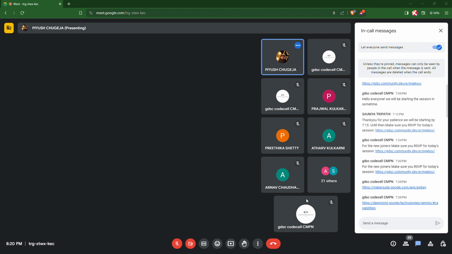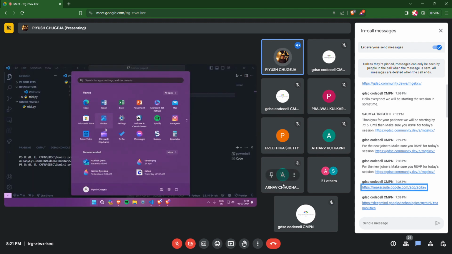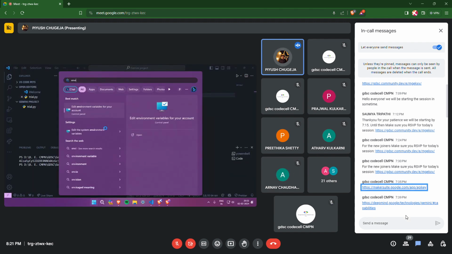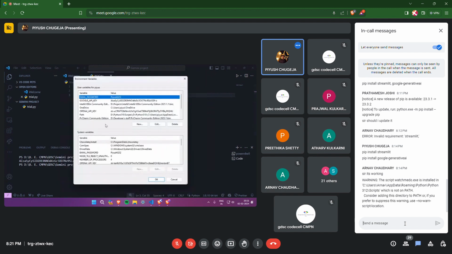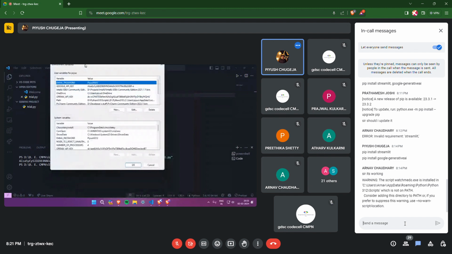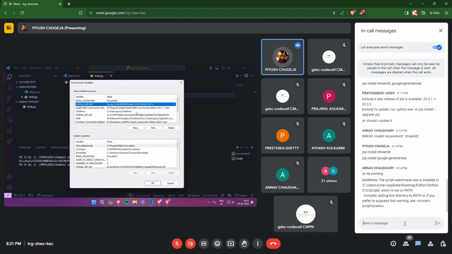Now what I want you all to do is go to environment variables. Search for environment variables. Edit environment variables for your account. This should be available to you on Windows 11, 10, 7, whatever you are on. Once you go in here, create something like this, Google API key.